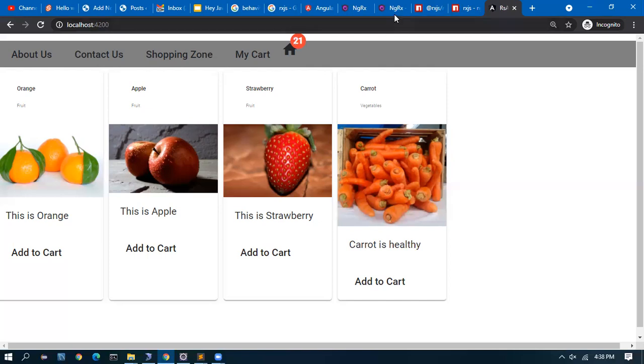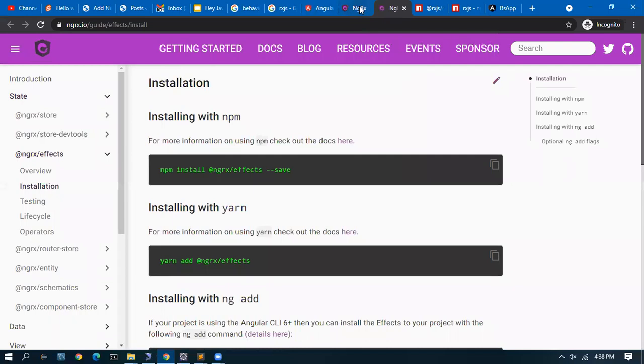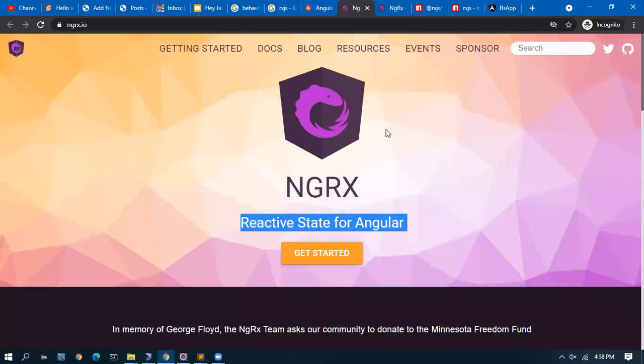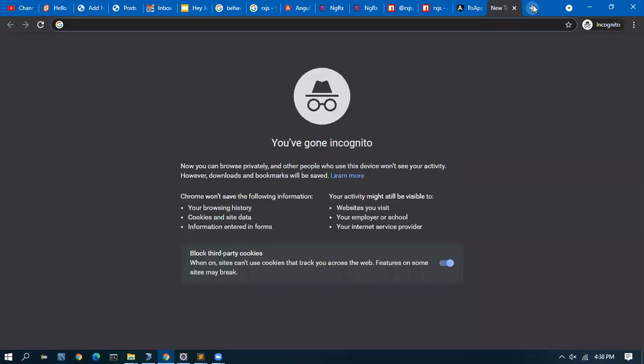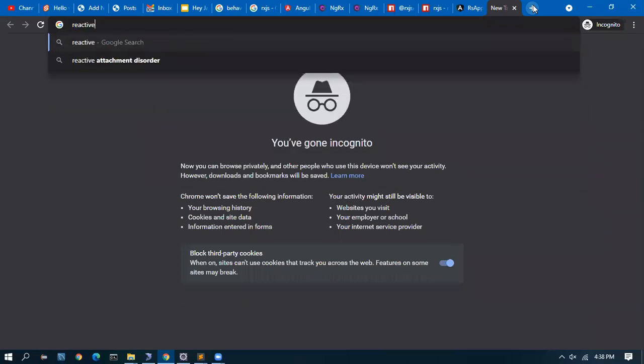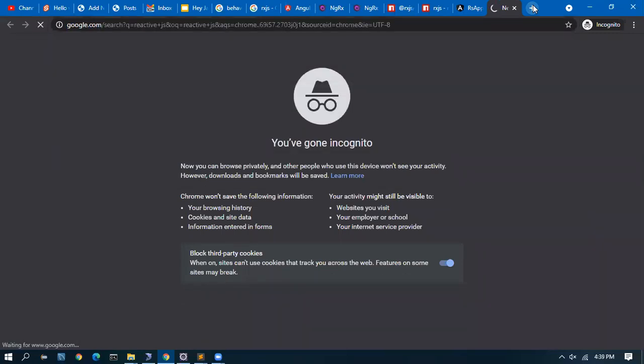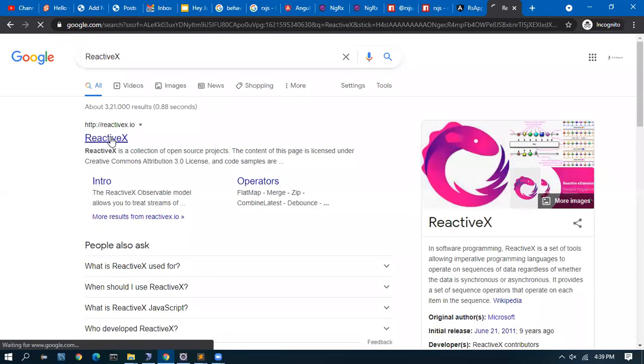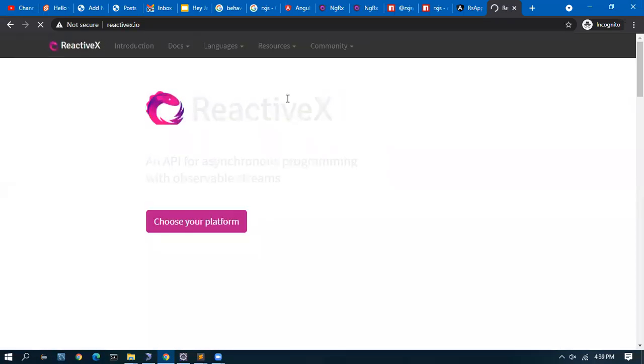We will be entering into a new concept in the web world called NGRX, which is a reactive state. You would have heard about ReactiveJS or ReactJS. These are the reactive components or pieces to help the web flow smoother.